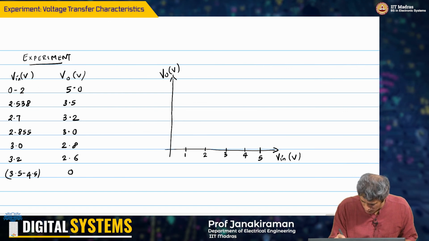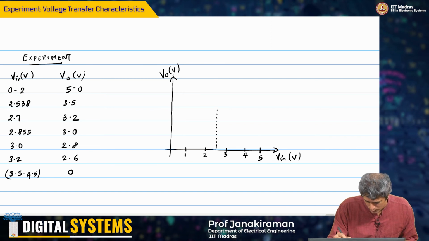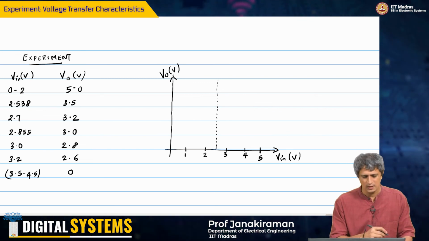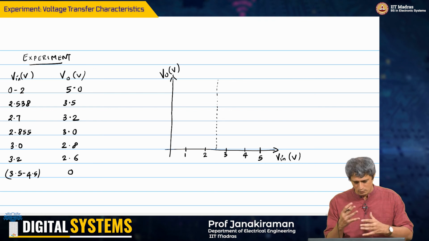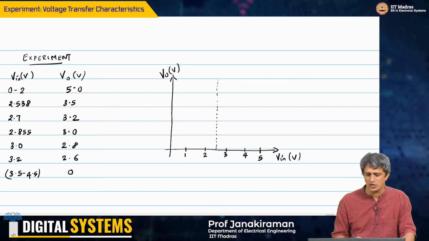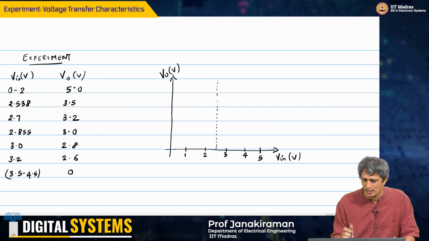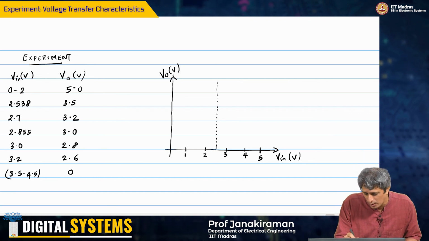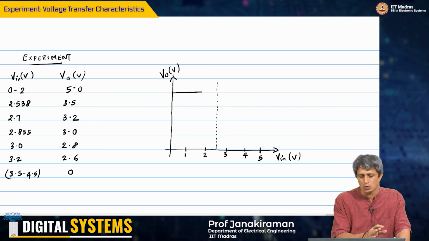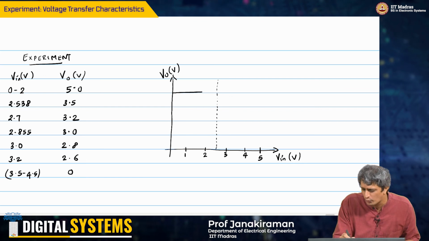Somewhere near 2.7, this is 2.5, right. Somewhere near 2.5 you have the output, almost close to the input, okay. V out is almost equal to V in, somewhere near 2.7, right. I will not worry about the exact number, but you see that the output is constant almost from 0 to little before 2.5 volt,